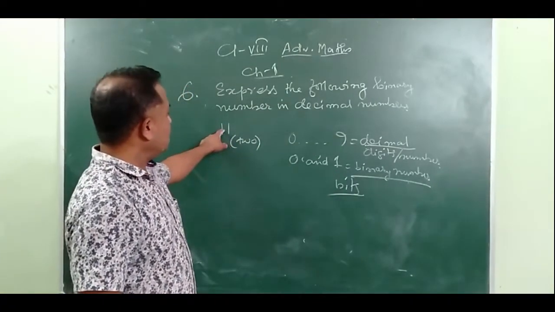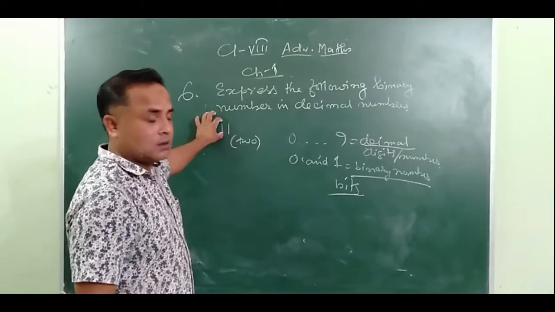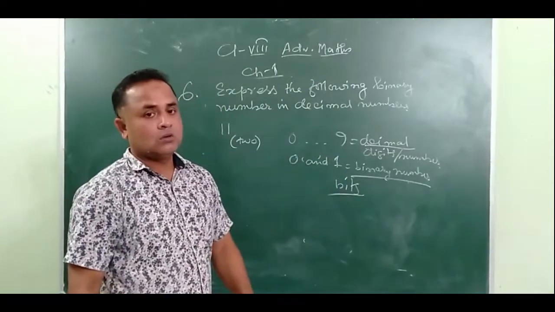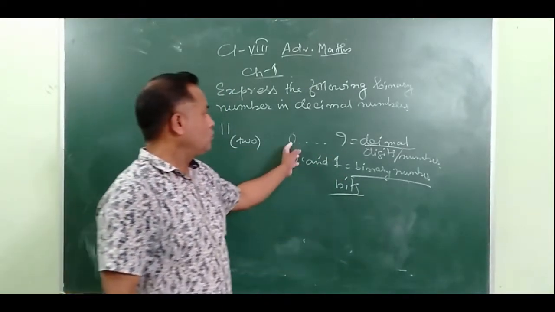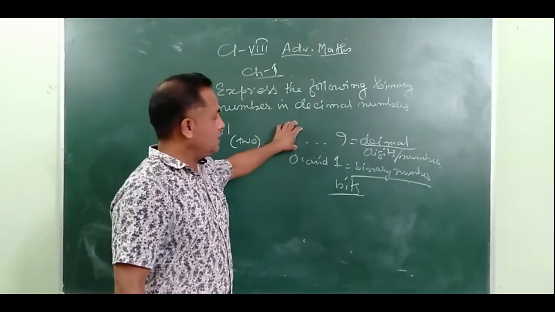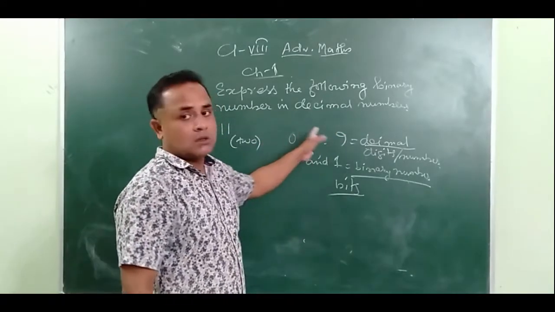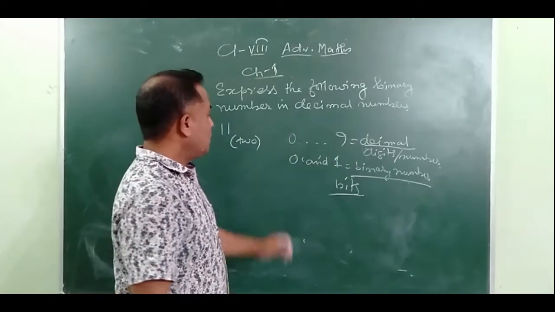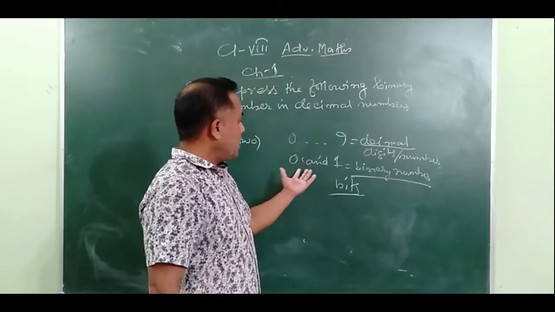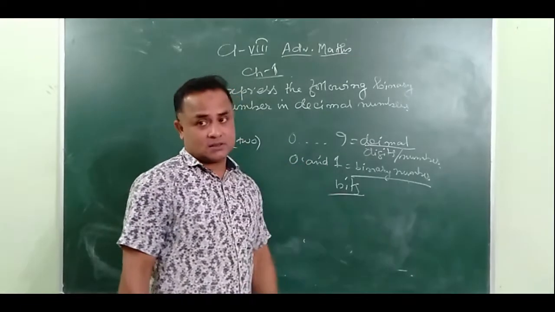Now here, 1 and 1, they are saying it is the binary of this. You are asked to convert these into decimal. We know that 0 to 9 are called the digits. When digits combine, they give numbers. Now 0 and 1 are binary numbers, and in an operation they are also called bits.